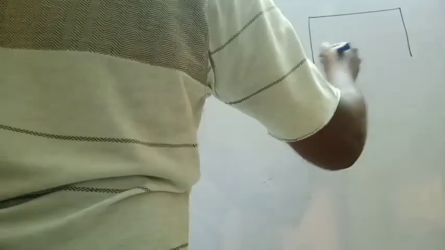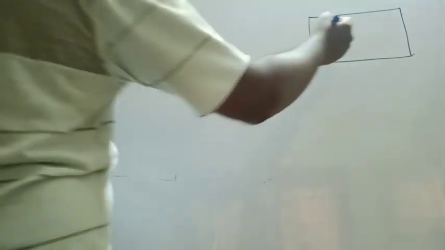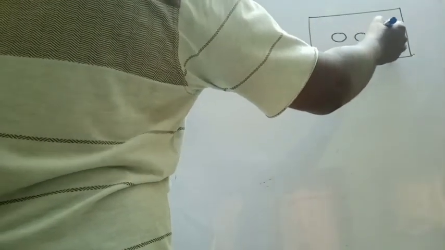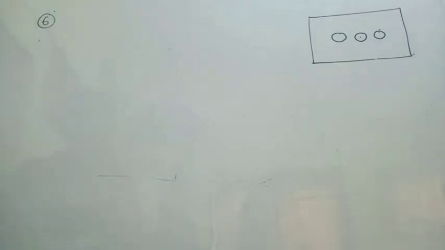You see, my dear students, you have a stand like this, and you can observe clearly there are 3 depressions. Like a pen stand, you can put the pen like this. Find the volume of the wood in the entire stand. This is the problem, and you can clearly see the picture. The pen stand is made of wood in the shape of a cuboid with 3 identical depressions to hold pens. The dimensions of the cuboid and the radius of each depression are given. Find the volume of the wood in the entire stand.